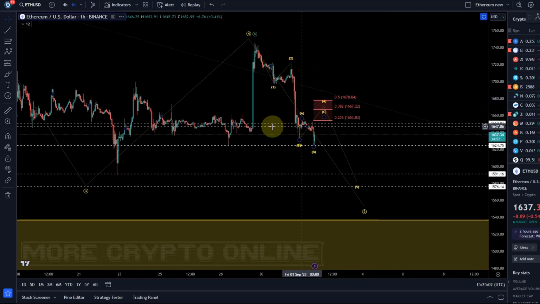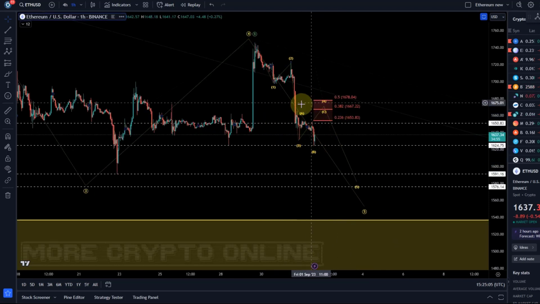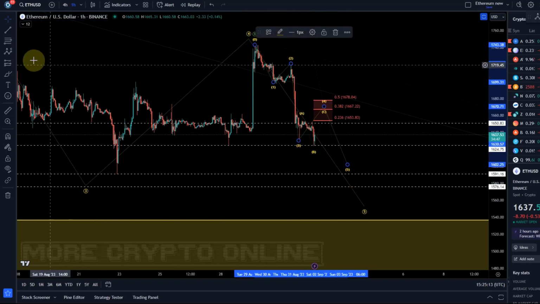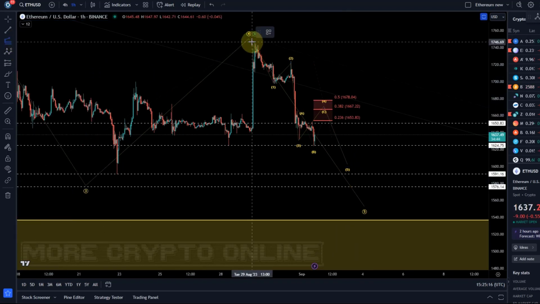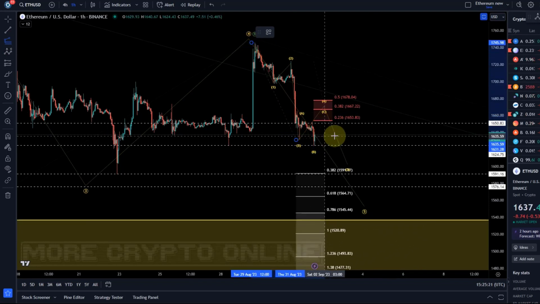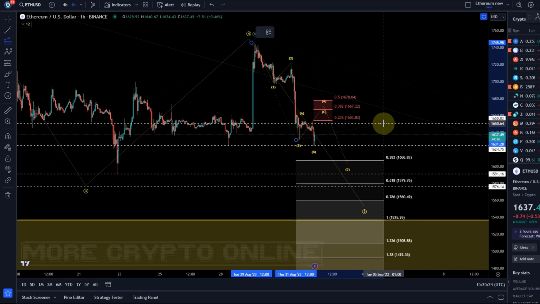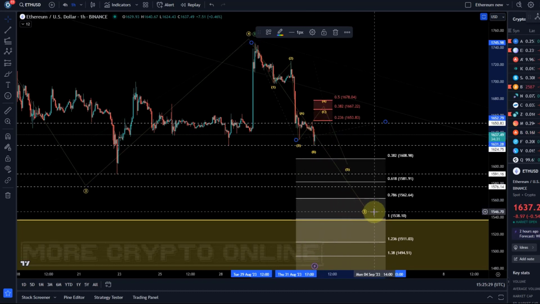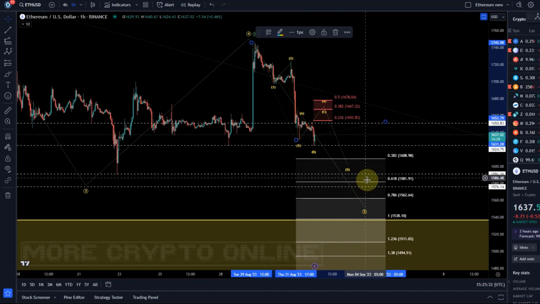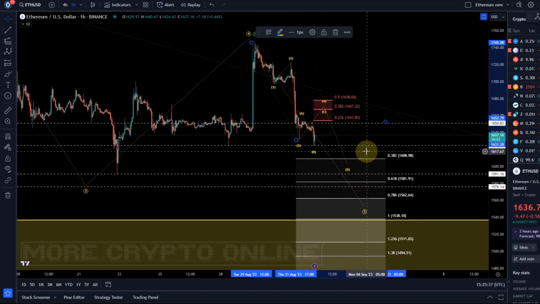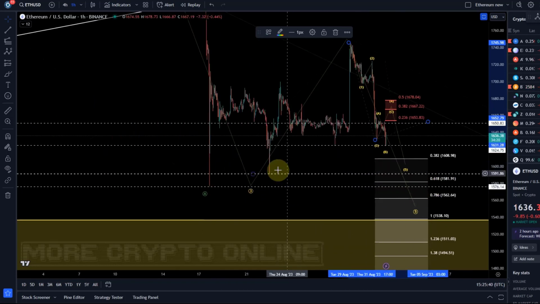Ideally we always want to see a more clear wave 4 to know more clearly where we are. To establish a key target for a wave 5, which is not super reliable, we take the length of waves 1 through 3 and go to the high of the wave 4. At the moment it only really reached to here. Then the next target, though they can always extend, looking at fib extensions is ideally 1582. That's certainly a level to watch, and it's where we had all this previous support.